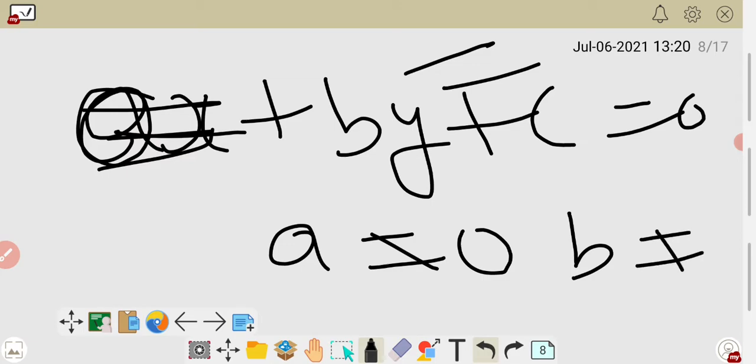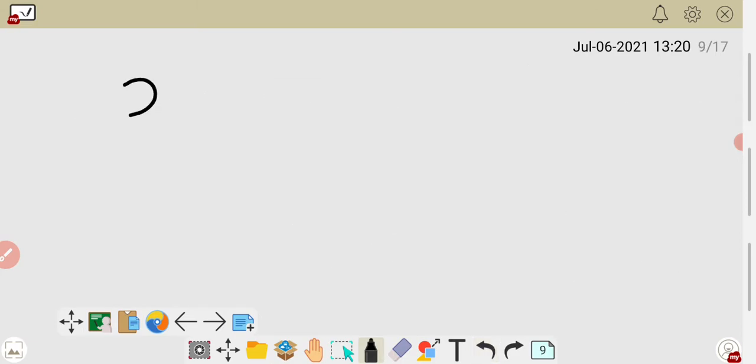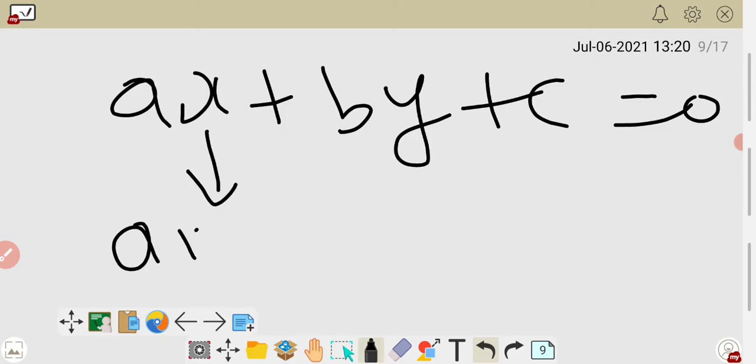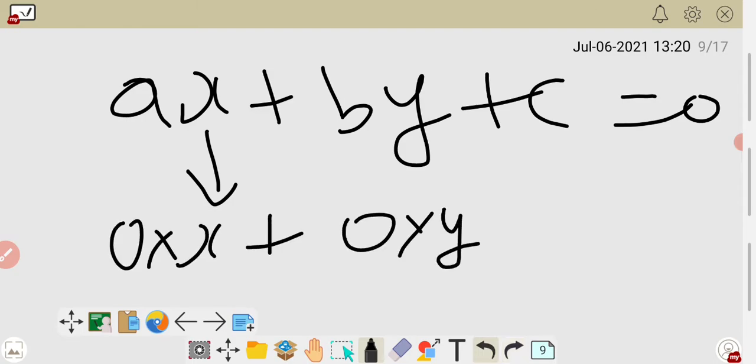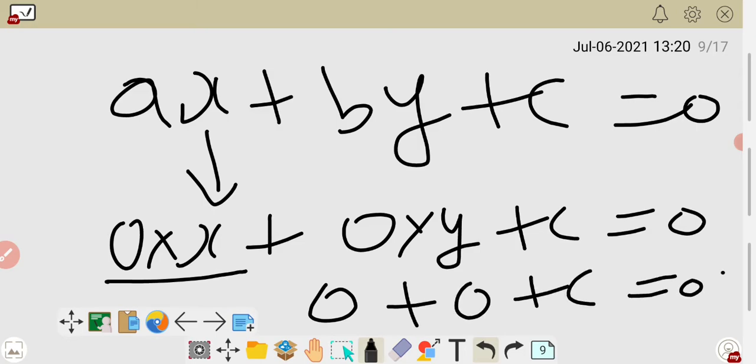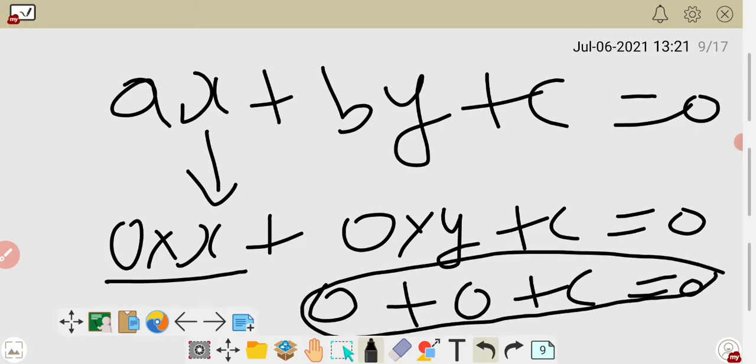If you take both as 0, if you take b also equal to 0, then what will happen? ax plus by plus c is equal to 0. In place of a you take 0, then 0 multiplied by x plus 0 multiplied by y. In place of b you also take 0. Then what will happen? Multiplied by x, 0 becomes 0 again, and it becomes c only. So it is a linear equation, but in no variable. It is only the constant c because the variable is removed. When you put the values of a and b as 0, the variables are removed, so it does not remain a linear equation in two variables.